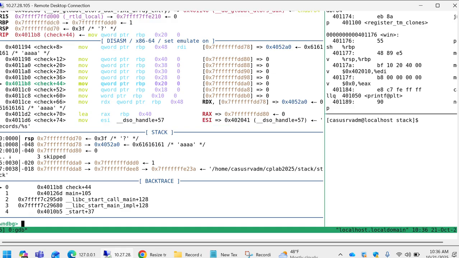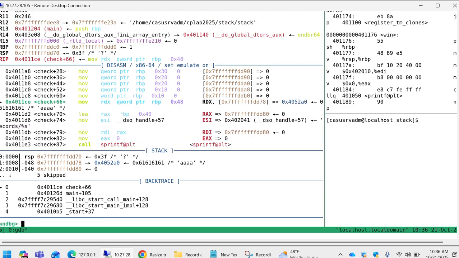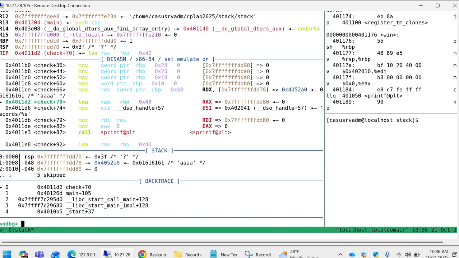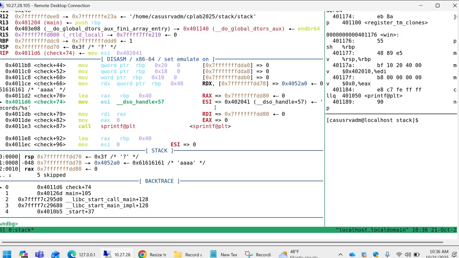Alright, I'll move forward until I reach the LEA. So now we have it. We are moving this address, the RAX, into this address, and we are giving it a 0. Now we will have nothing inside it. It will be a 0, and we can see that it's also giving the RBP